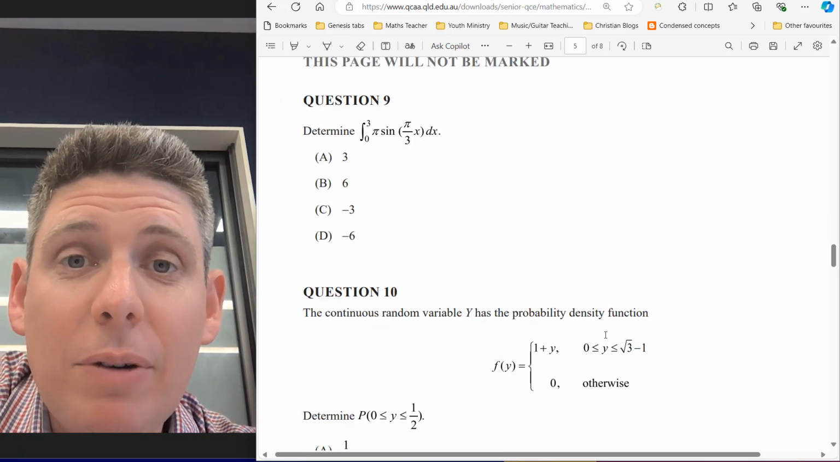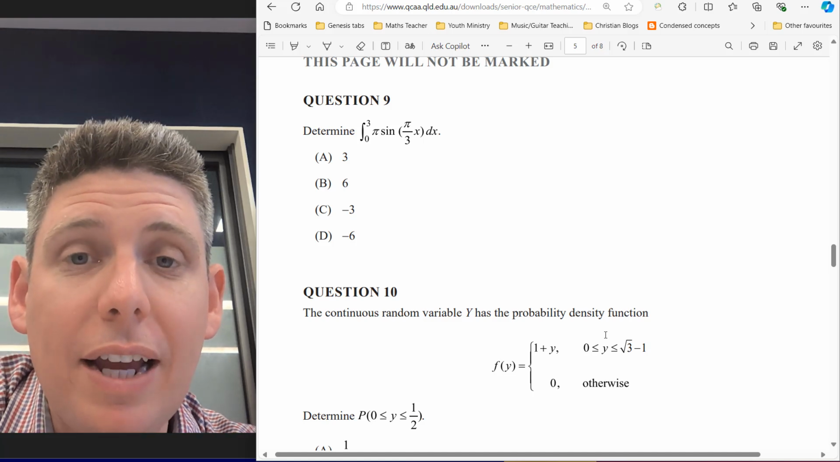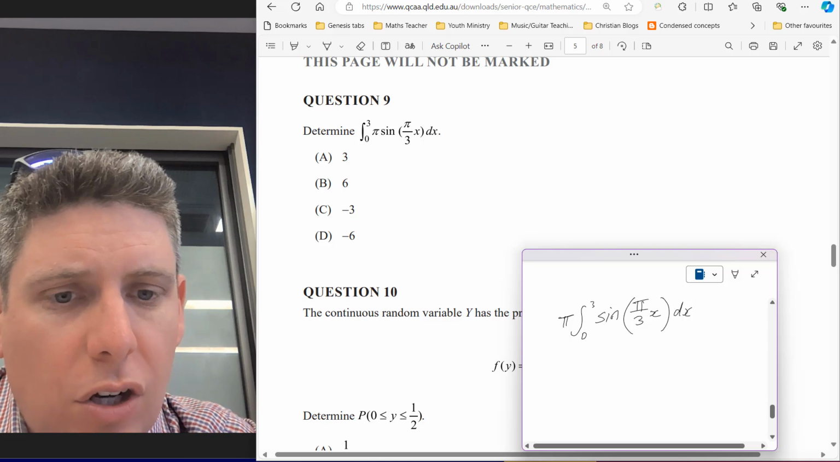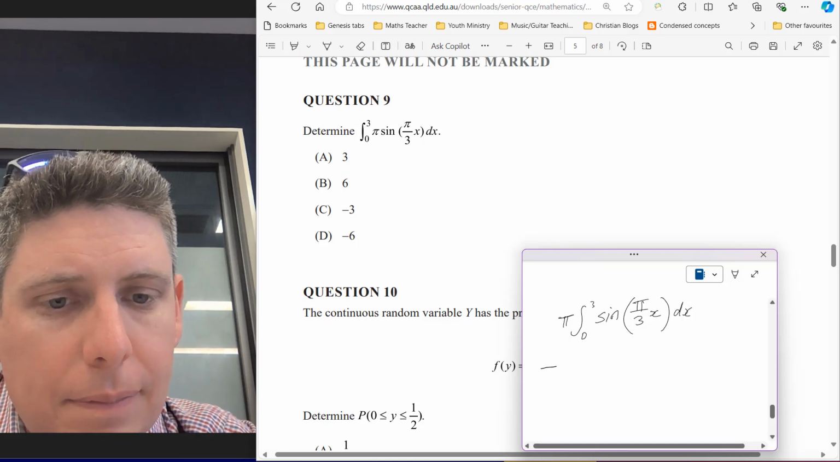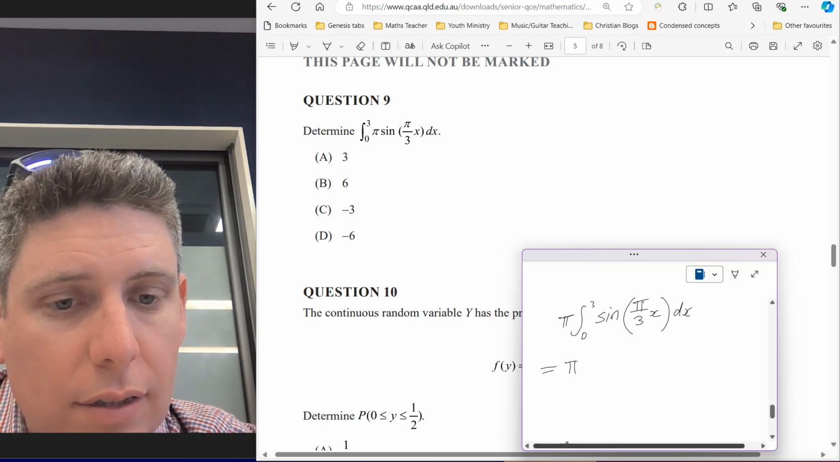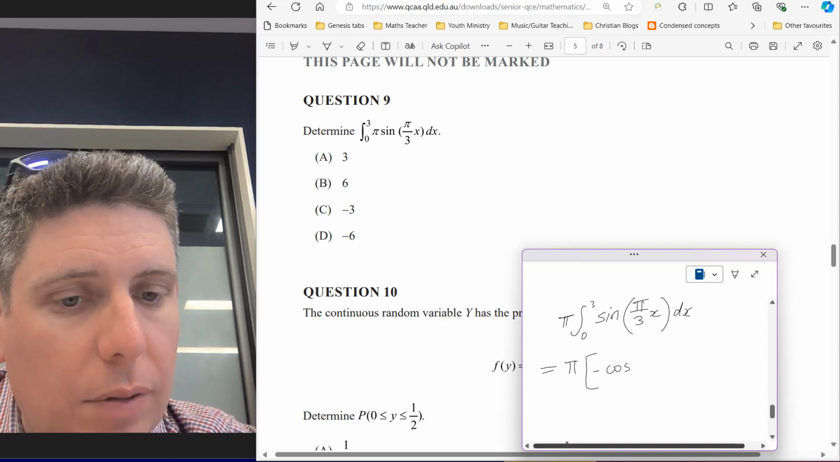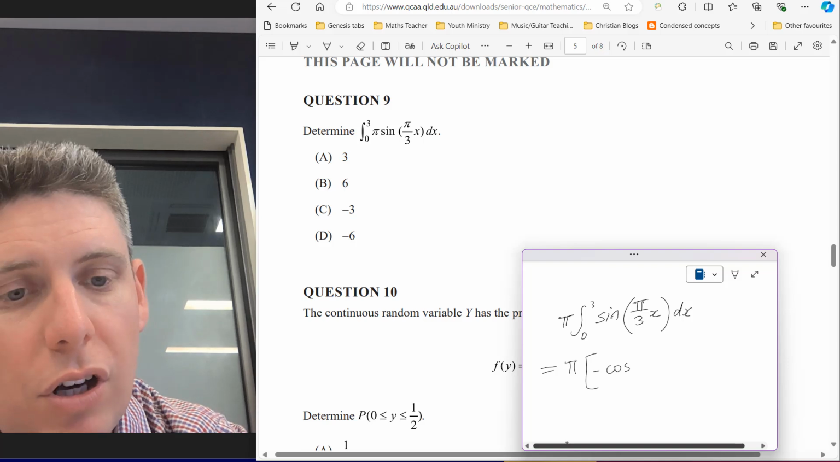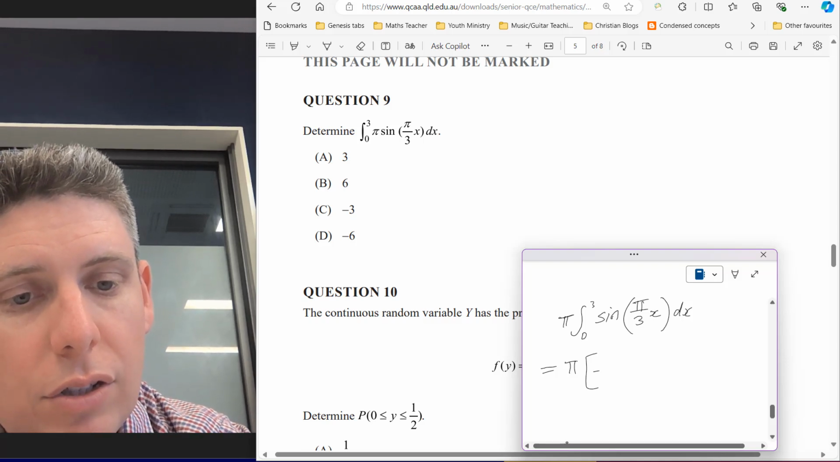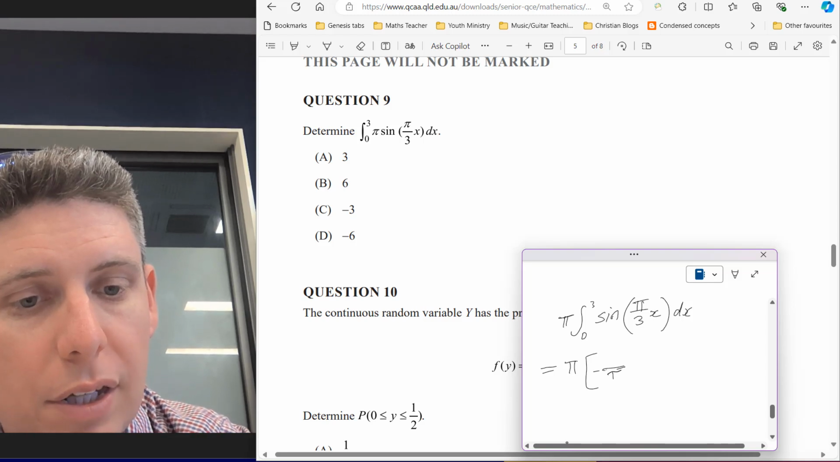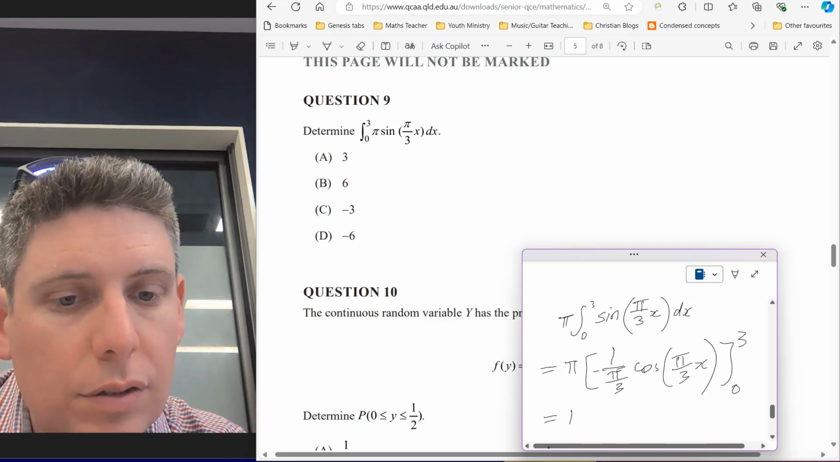Alright, question 9, here we go. Seems like just a regular integral question. So let's have a go. So first of all, bring the constant out the front, which is pi. Integral of sine is negative cos. Check your formula sheet if you don't believe me. And we've also got a coefficient. So because we're integrating, we're going to have to divide by the coefficient. So then